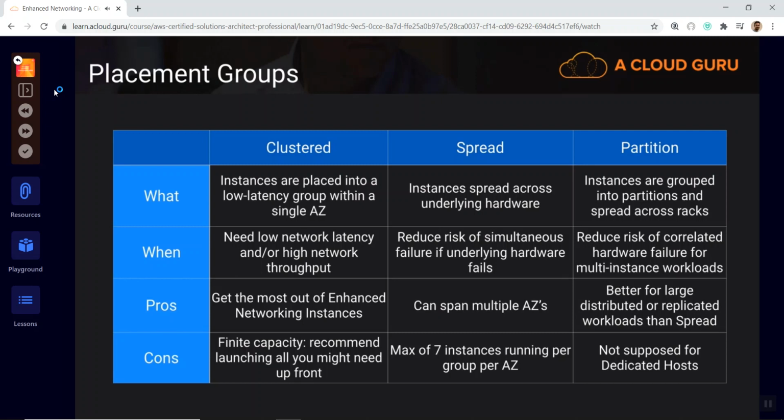And for partition placement groups, if I have a really large application that consists of a lot of instances, then I can group those different layers and different partitions and manage how those partitions are spread across different hardware. Now, the benefit of a clustered placement group is that we can benefit from some enhanced networking throughput and very low latency. The downside is that